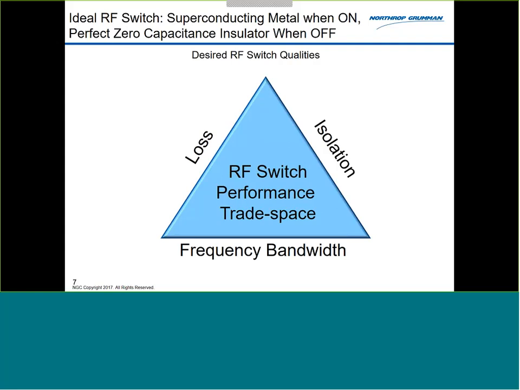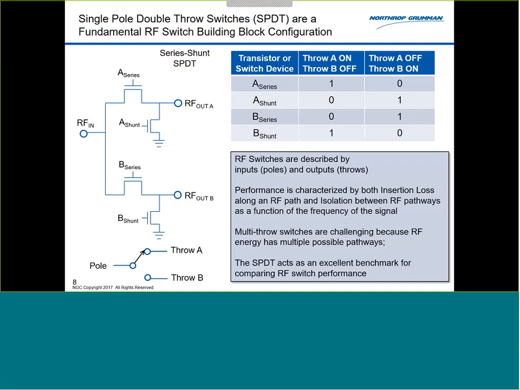But that whole ballgame changes dramatically as soon as I need a broadband system. By broadband, I mean multi-octave. What I'll be showing you later is, for example, 1 to 18 gigahertz. But even when I'm just looking at 2 octaves, 2 to 8 gigahertz, for example, that still applies. Now, when I'm talking about switches, I'm going to spend a lot of time specifically referring to